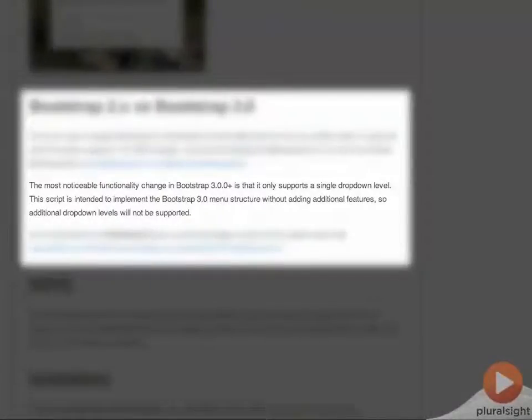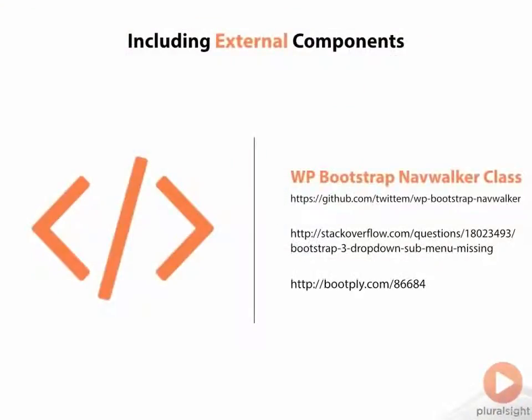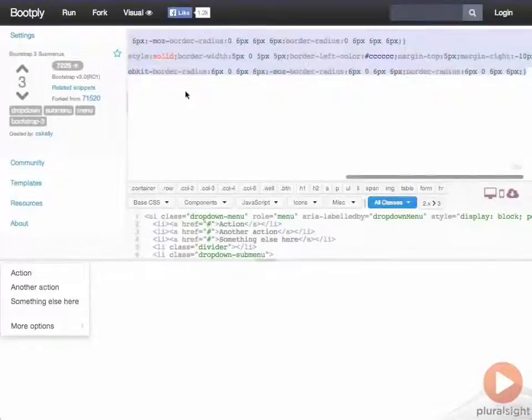Adding support for that back into your theme is pretty easy though. It's just a matter of adding back some CSS to take care of positioning those submenus. I found this solution on Stack Overflow, demoed here. All you need to do is copy that CSS into your theme style sheet and you can support multi-level menus